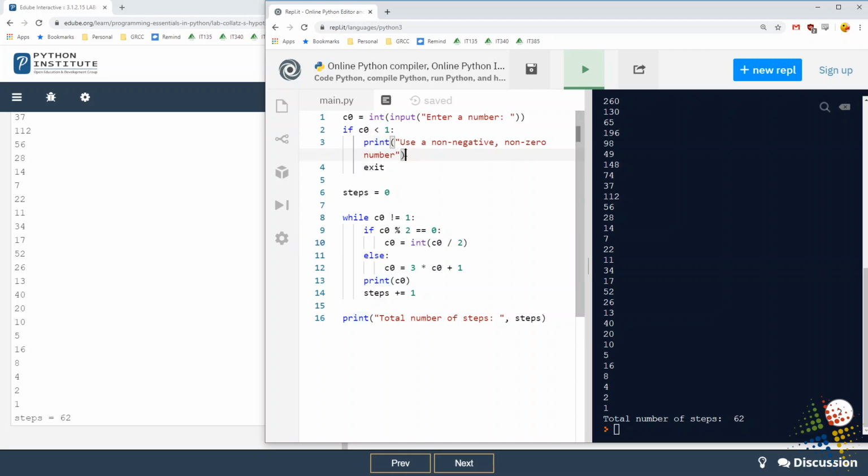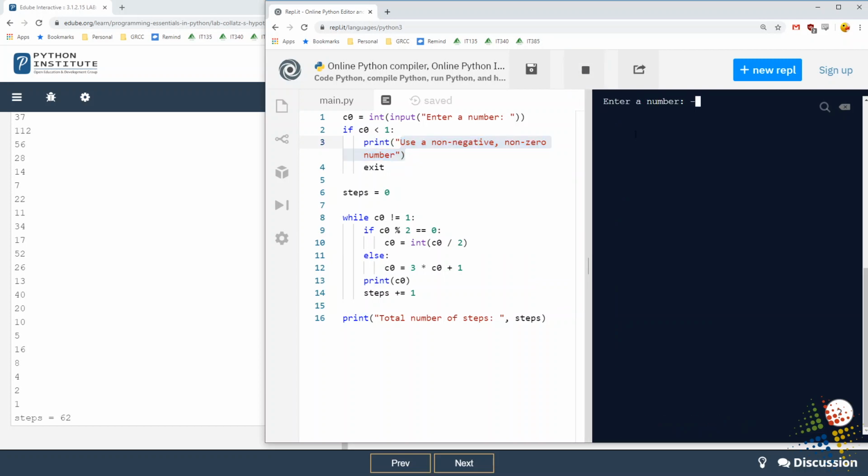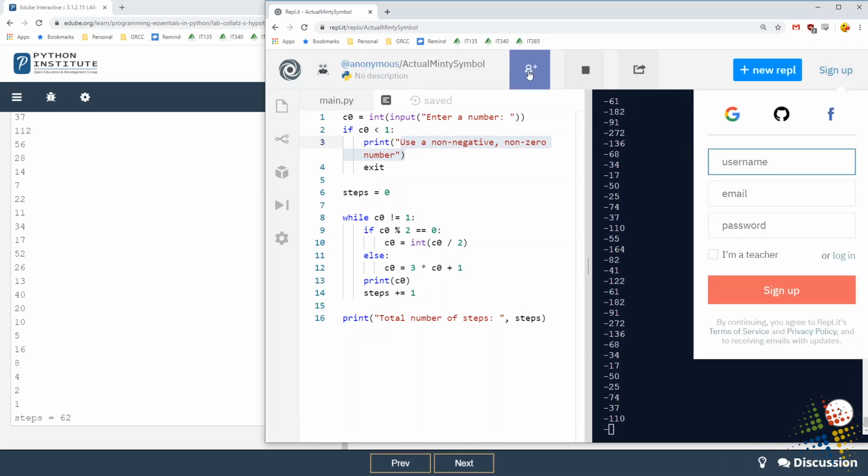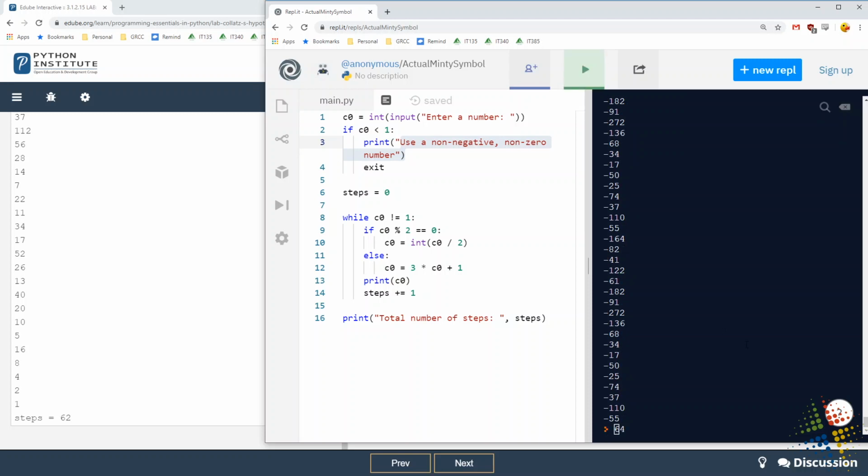Let's see. Let's try about these non-negative, non-zero numbers. Let's type in a negative 42. And, oh, that did not do it. Negative 42, it is still going. So somehow it didn't like my exit statement. I'm actually curious. Let's try that one more time and I'll cancel it.